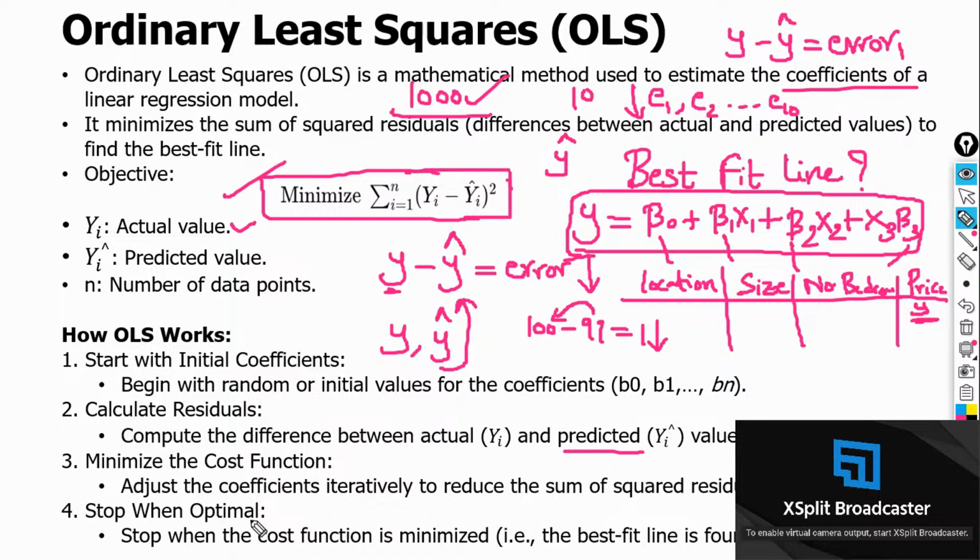It stops when optimal. Where does it stop? It stops where the cost function, your error, is minimized. And that is nothing but the best line is found. Why am I talking about the best fit line? See, let me remove all of these and I'll